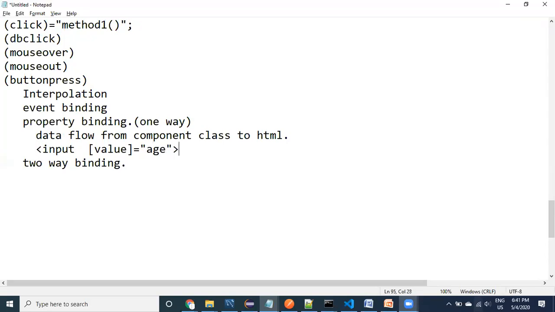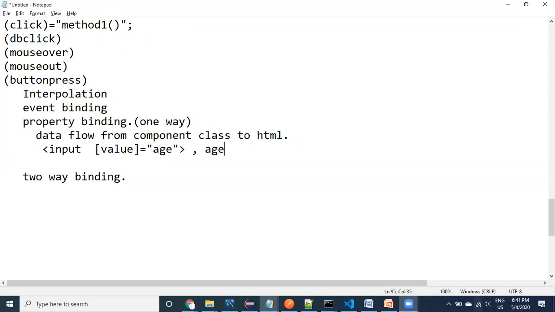This is a single binding. I'm going to give you a detailed explanation of the meaning of what we have used. Age is a property defined in the component class.